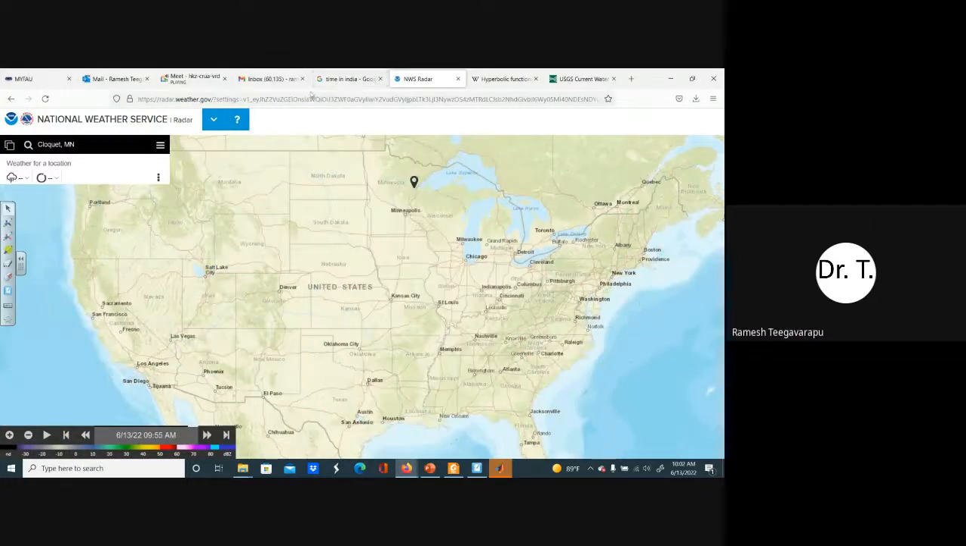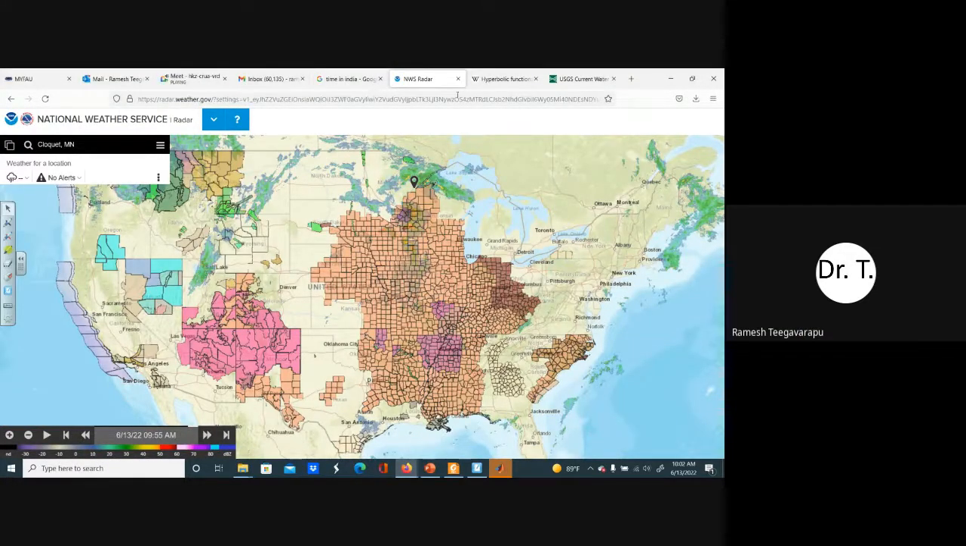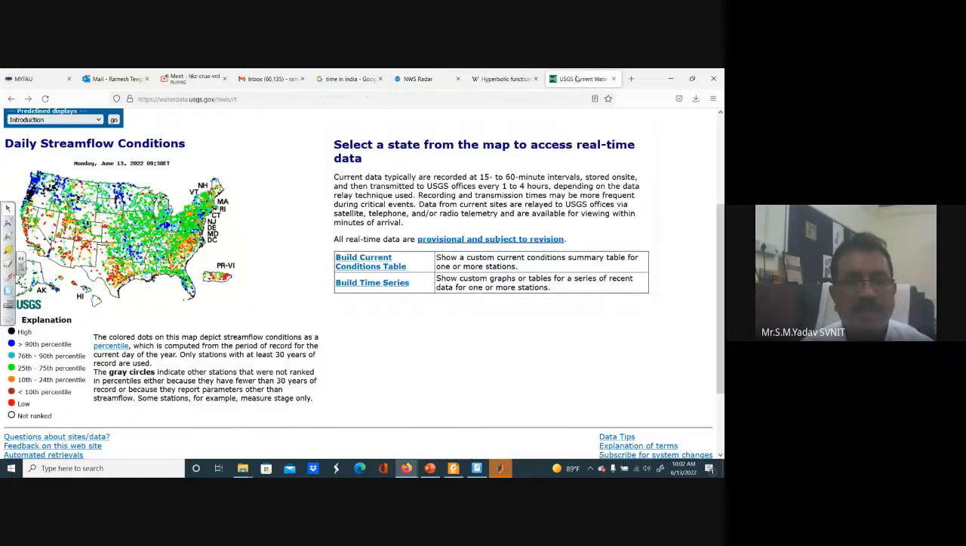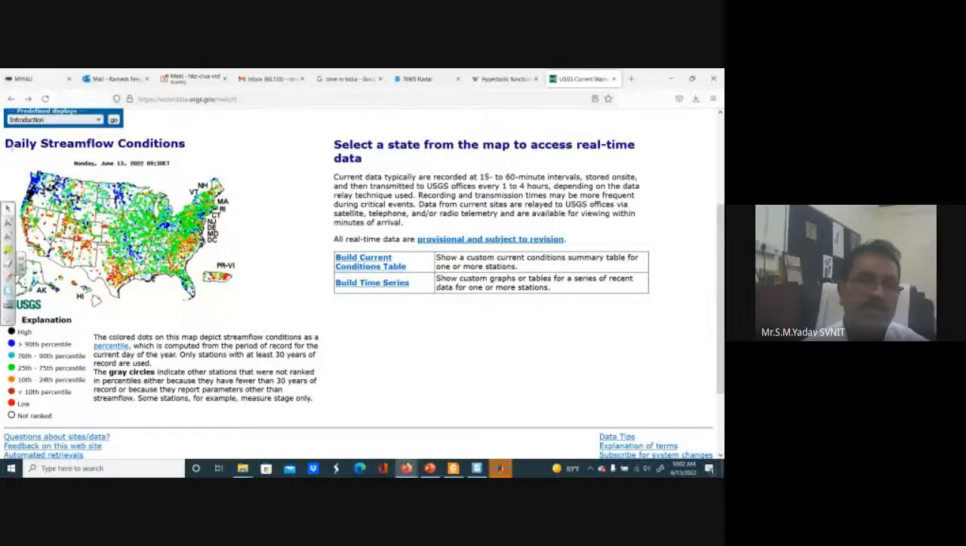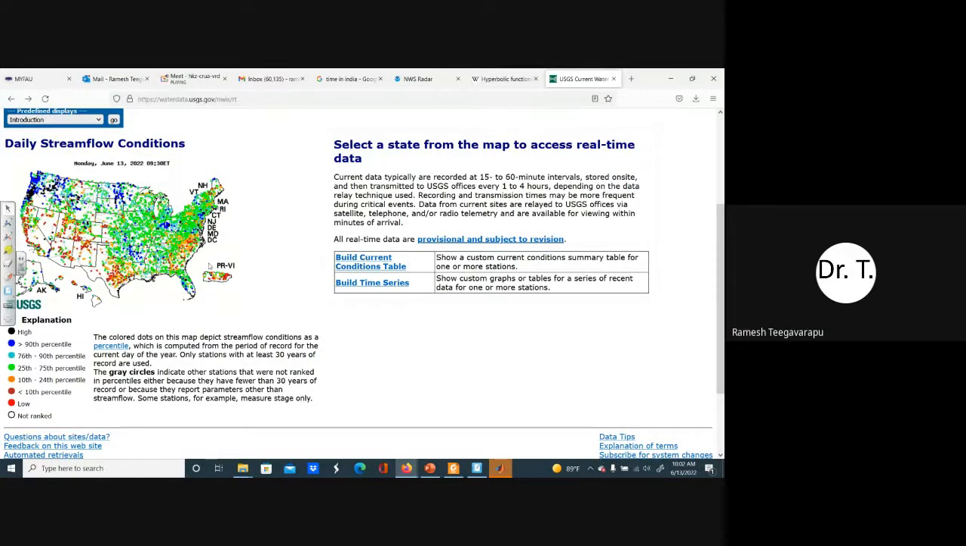This one is predicted by the one. Website one, sir. Website. Real-time. This one is the actual values, actually. Actual values, because these are stream flow conditions. So what they, in US,